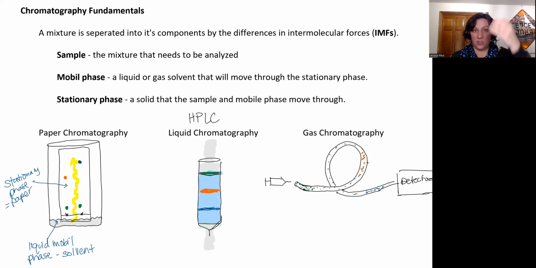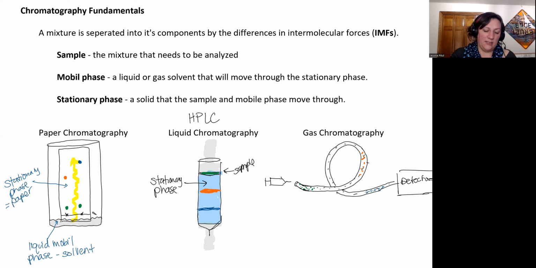In this case, we usually have a tube, and in the tube, we have a stationary phase that's placed within it. Usually this is just going to be pouring in silica gel, or sometimes there are these special little tiny beads you can buy that are coated with a specific compound to give you a different type of stationary phase. But silica gel is the most common. So you'll have a stationary phase, and then you will apply your sample